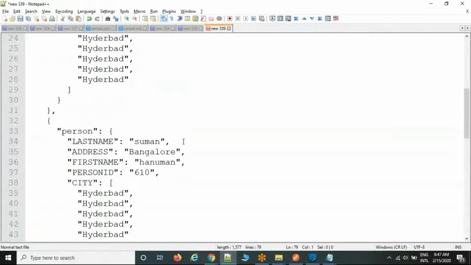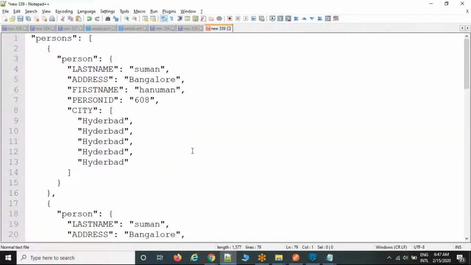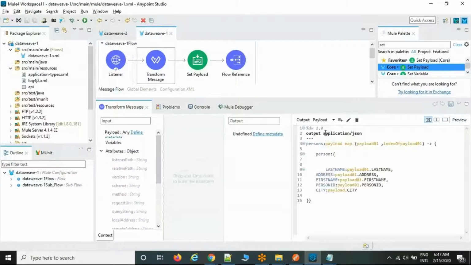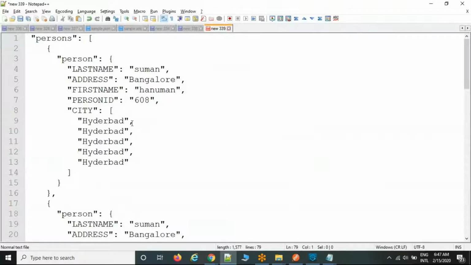Now I want to maintain a single Transform Message with multiple outputs: payload data as one output, and variable data as another output, and another variable as one more output. So in a single Transform Message we can maintain multiple outputs. You can just modify the code. For example, this is the payload data, where the root element and subroot are available.